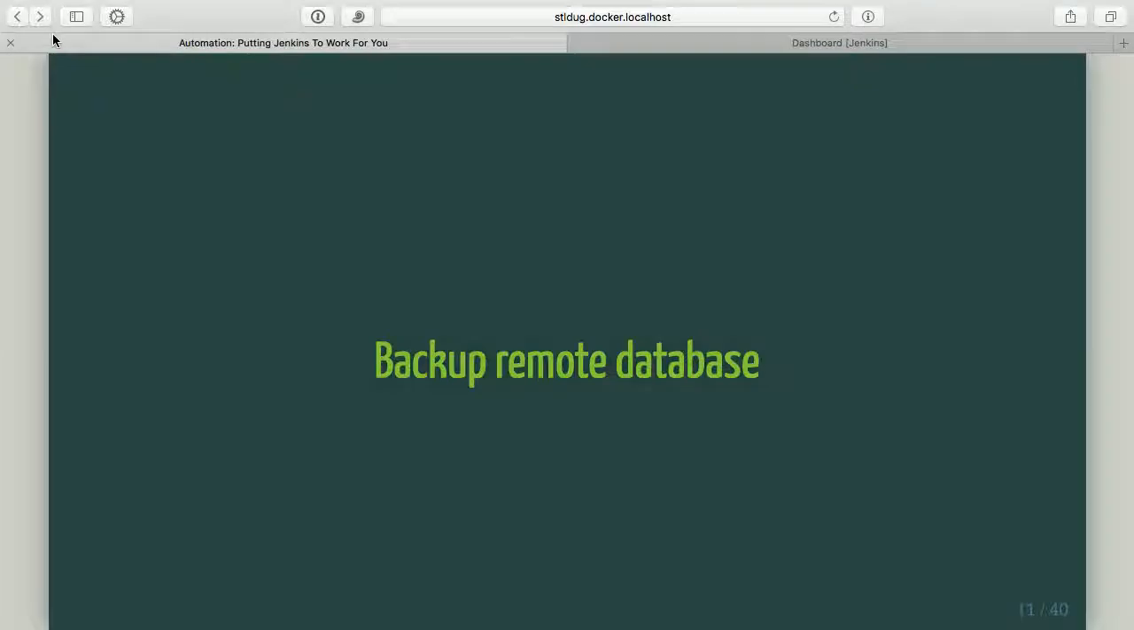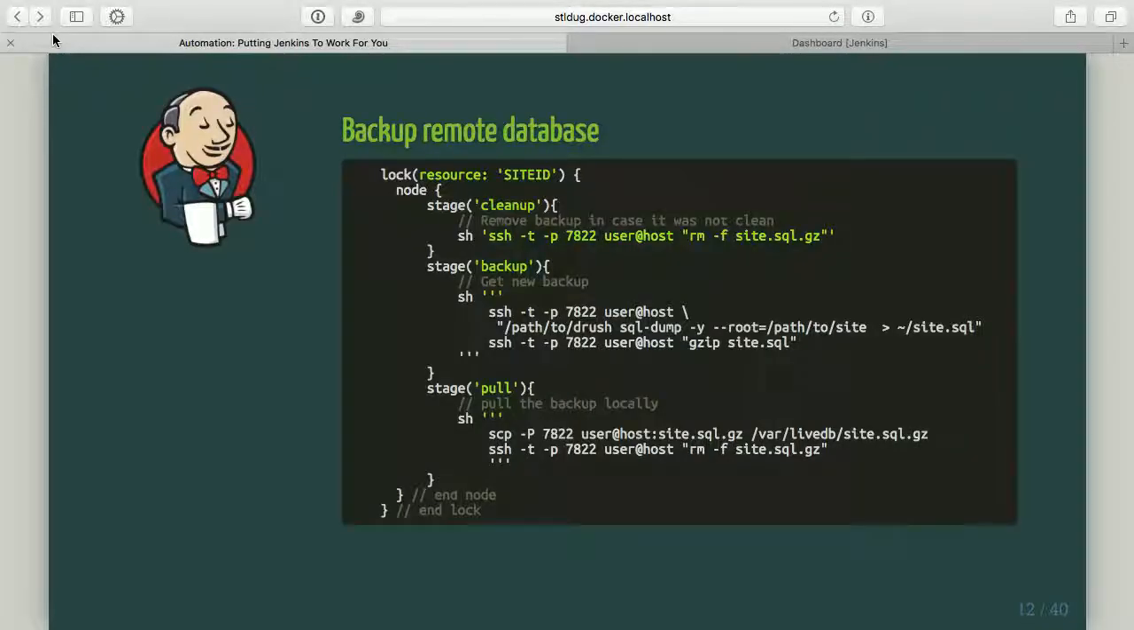So the first process, at least, is getting a backup of the database, and you can certainly sanitize. But as you can see, it's very straightforward. This is the entirety of the script,